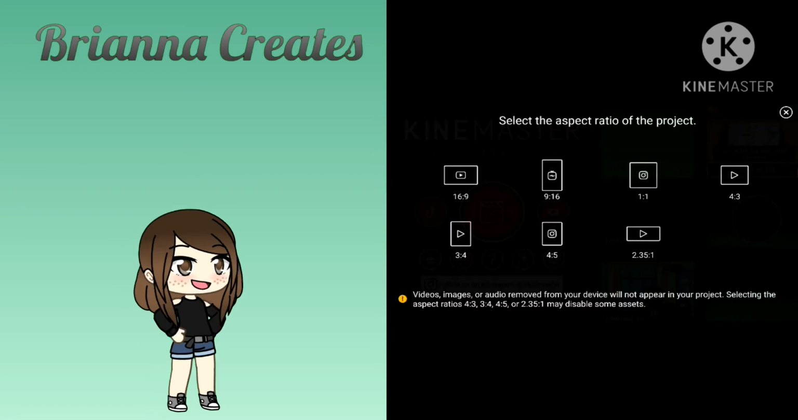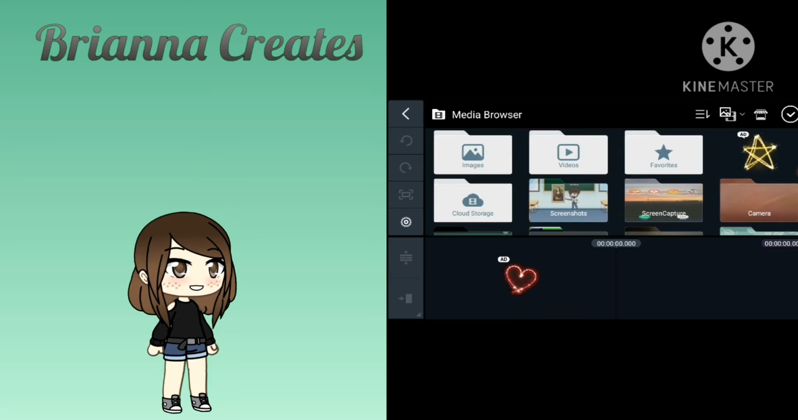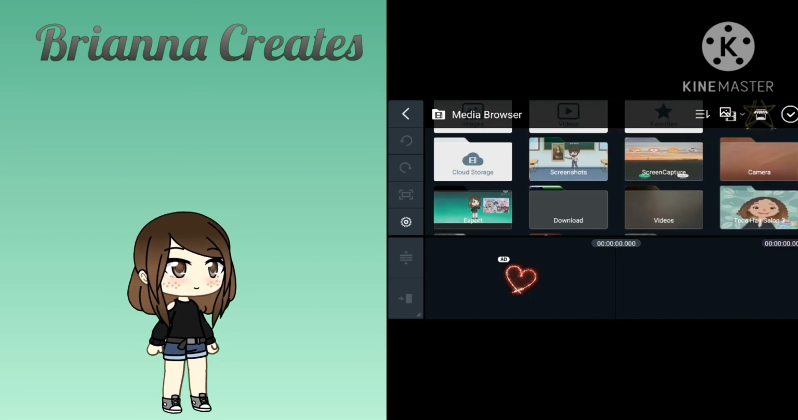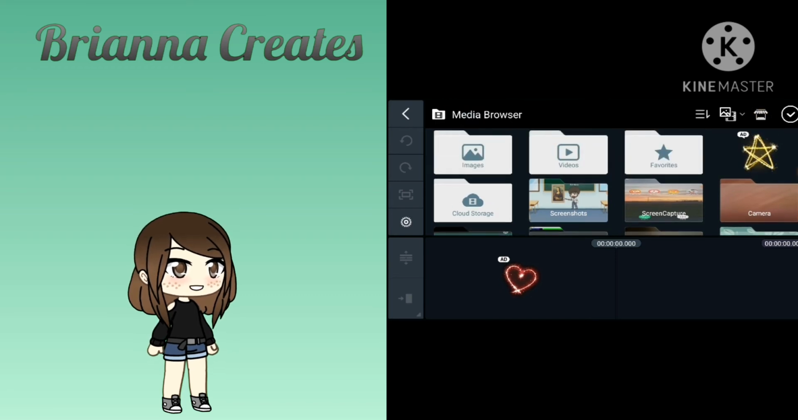So I'm just going to click on that button, and then it comes up with a bunch of different sizes for your screen. Like there's some for Instagram, some for YouTube, and some for television. The 16:9 one is the one I personally use for YouTube. Usually that is the one that everyone else uses. As you can see, there is a screen capture, there are screenshots, and there are exported ones and all that. So I'm going to go into screenshots,